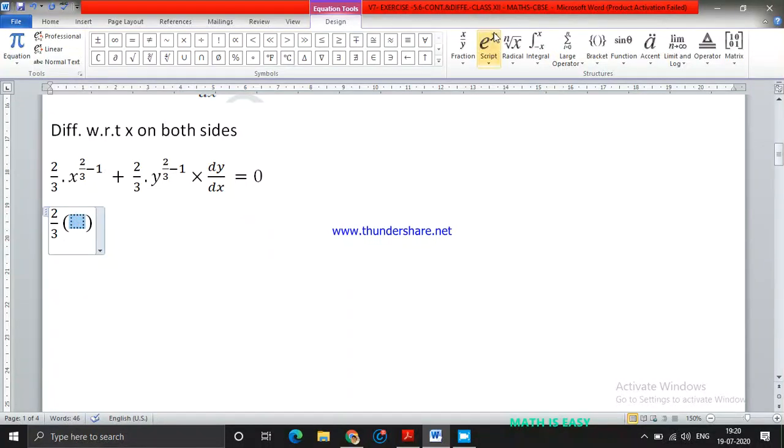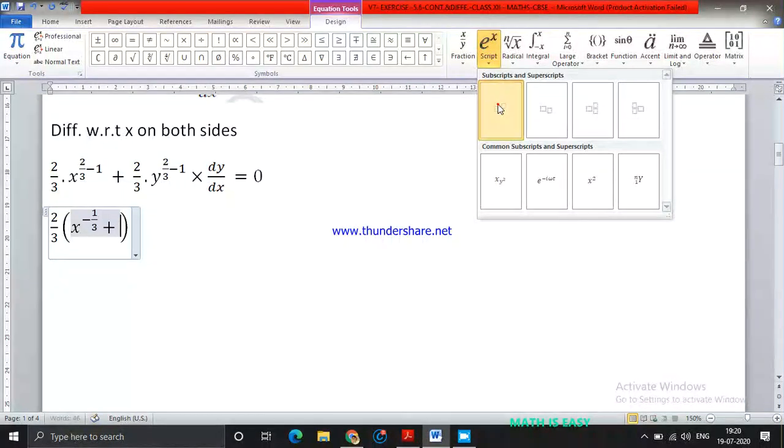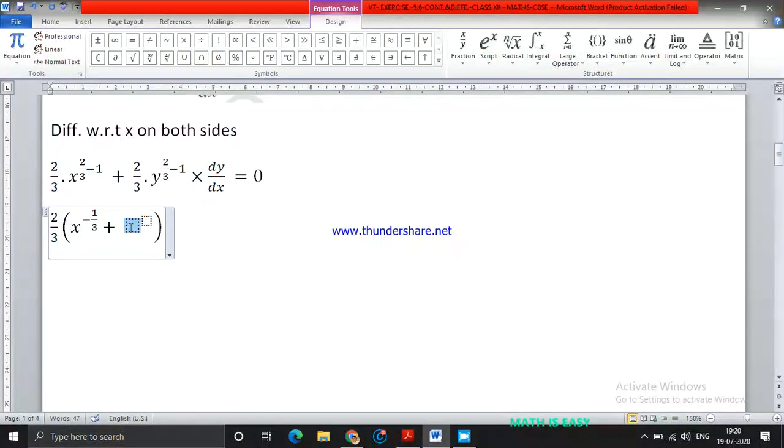So here you have x to the power of minus 1 by 3, then plus, similarly here also you will get y to the power of minus 1 by 3, multiplied by dy by dx,